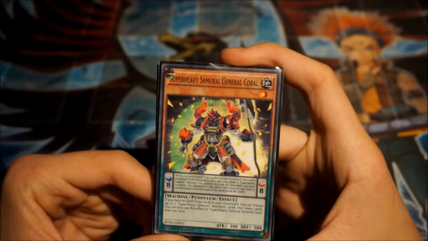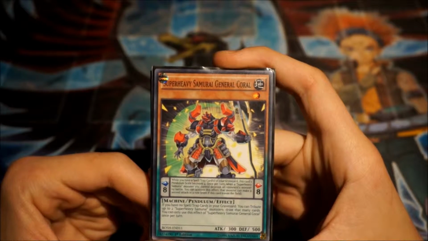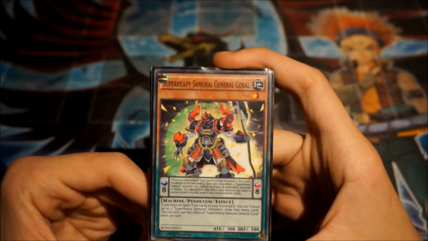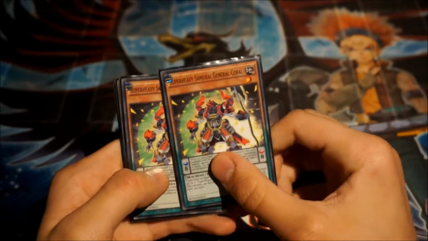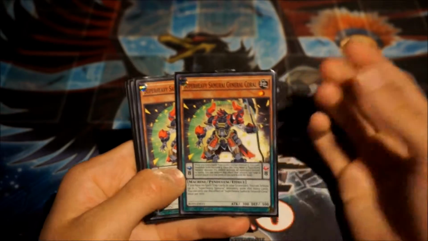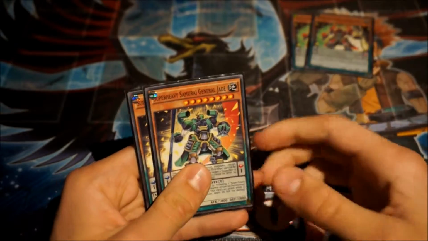And for its normal effect, if you have no spells or trap cards in your graveyard, you can tribute up to 2 Superheavy Samurai monsters, and draw that many cards. You can only use this effect once per turn. So we've got 2 of this guy, quite a good effect, I didn't even know he does that. And then next, we've got